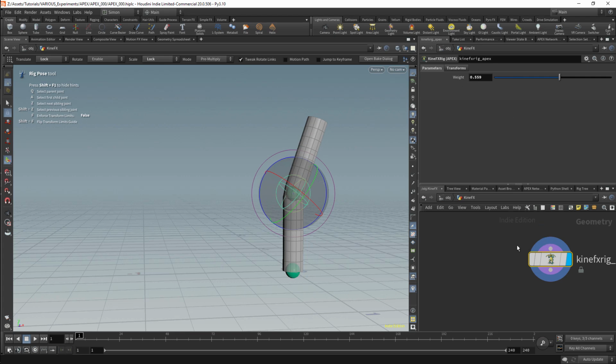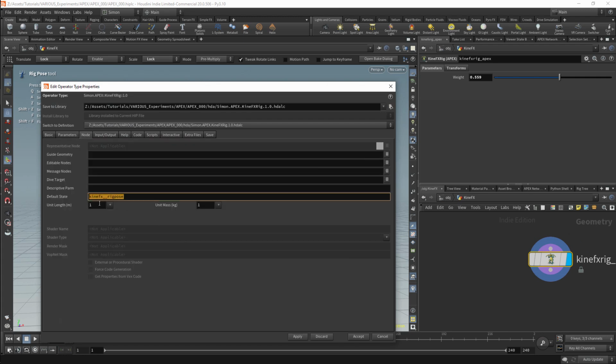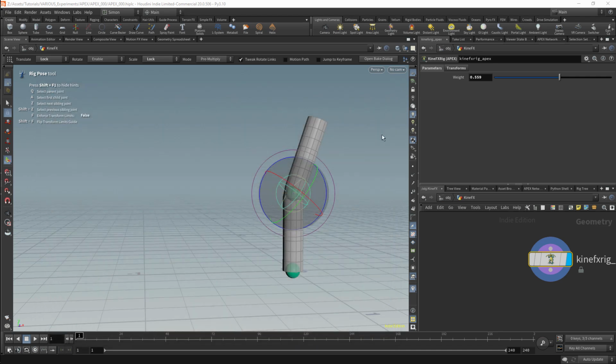To see how this is done, we can enter the type properties, and under the node tab we can see that we have a default state here. This is essentially using the same viewer state as the rig post nodes. This viewer state is referencing every single rig post node within the scene, and it's updating the final state based off all of them. They are, however, all still being evaluated individually, so we still have to evaluate every single